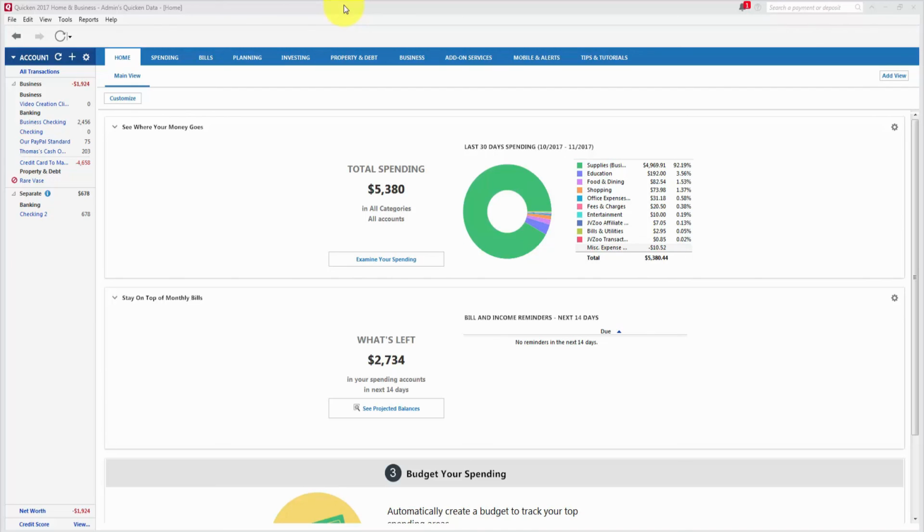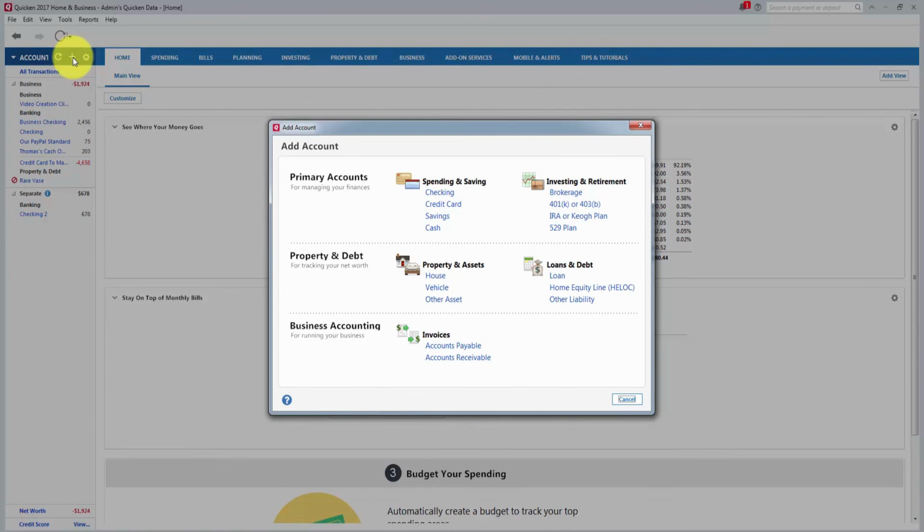Welcome back. Believe it or not, Quicken can be used to track the value of your Bitcoin. And so what we're going to do is we're going to go through a few steps to open a Bitcoin account inside of Quicken so that you can track the value of this currency based on when you purchased and how much you have. So what we're going to do is we're going to click the plus button,